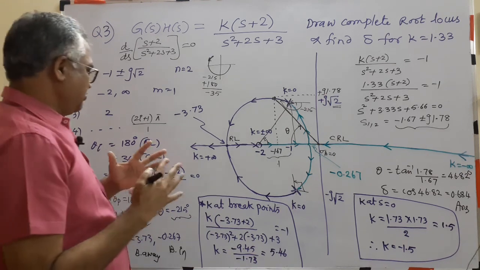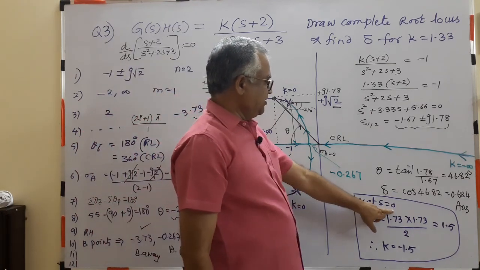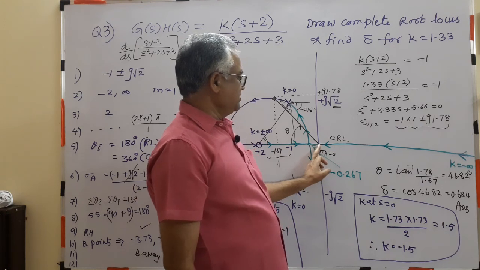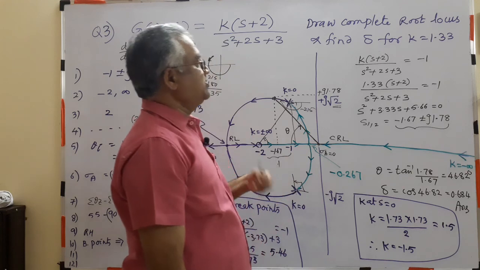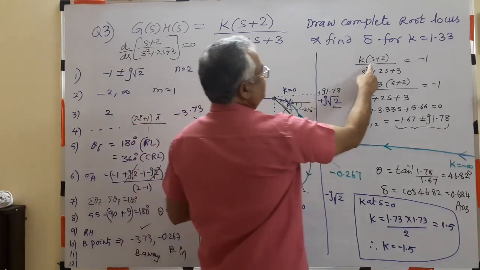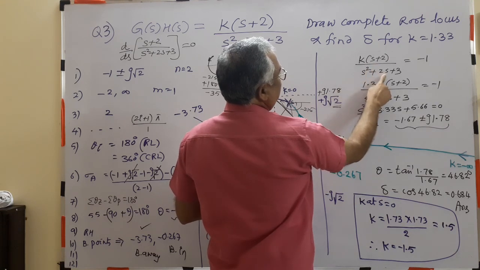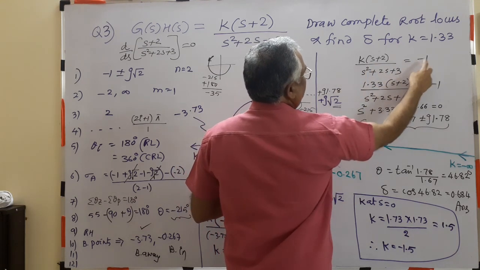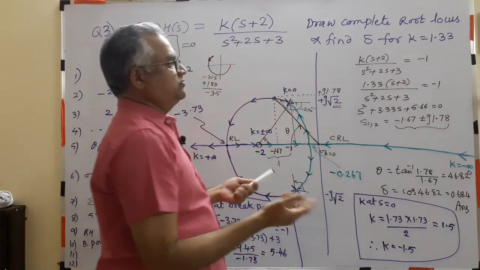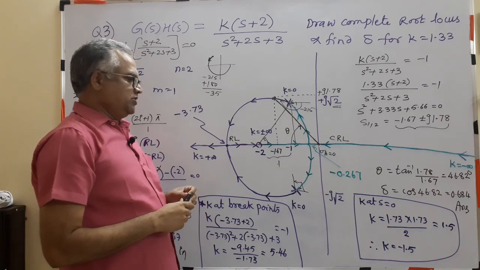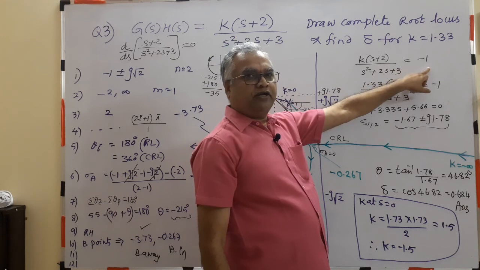Additionally, I want to give some more inputs. What is k at s equal to 0? Here I want to find the value of k when s equal to 0. Again this is equal to minus 1. What is k value when s equal to 0? 0, 0, 0. So this will come here minus 3 by 2, equal to minus 1.5. So easily k value is minus 1.5.